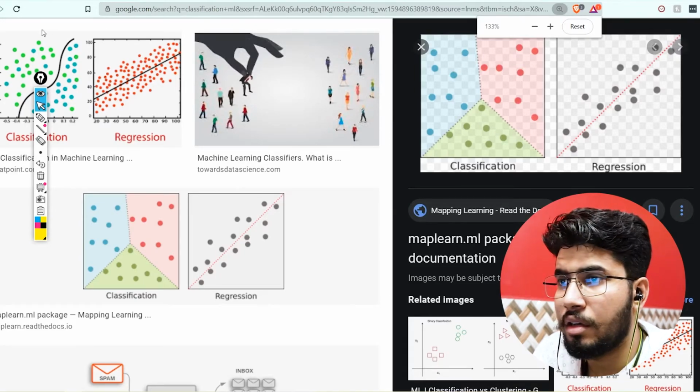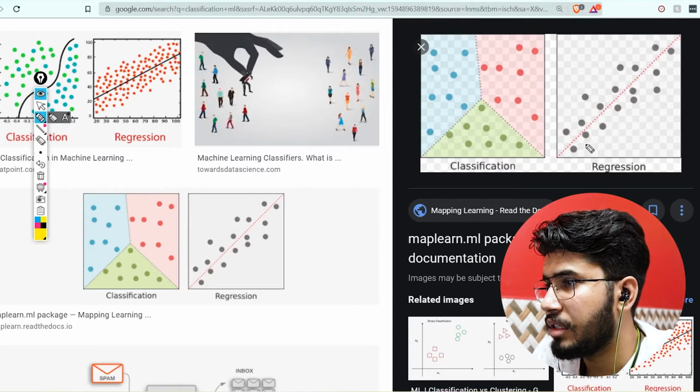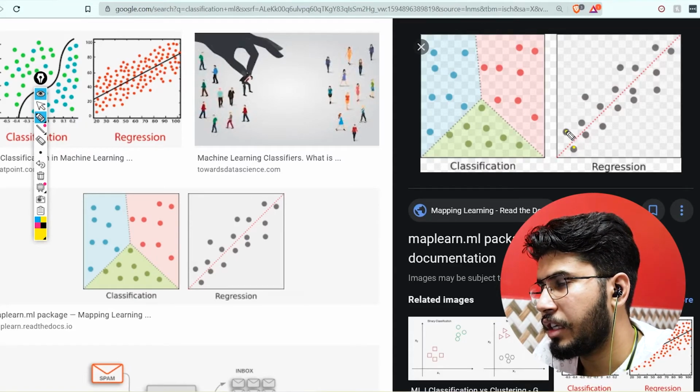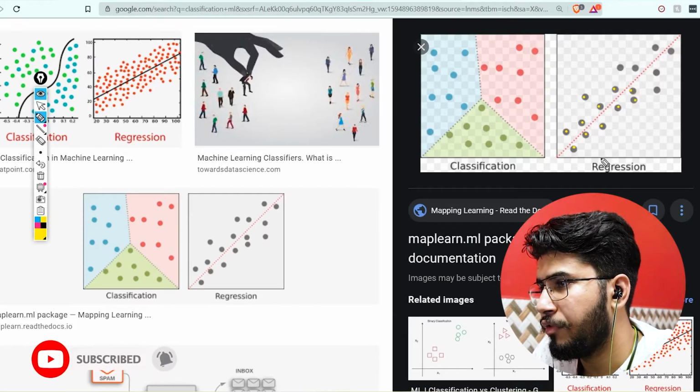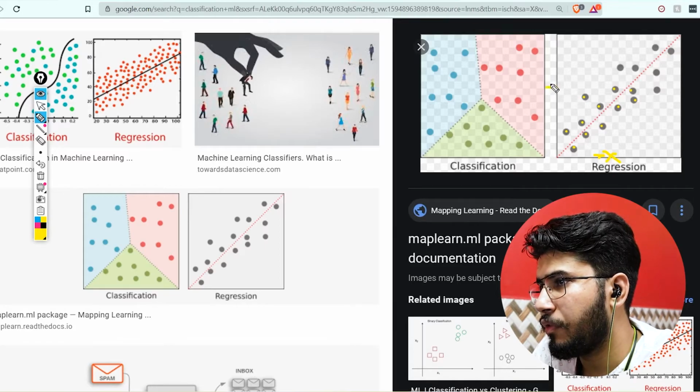And regression is, what you are showing in regression is this regression data, and in this regression data you do not want to classify them in any way. What you want to do is give an input, which is going to be this x parameter, and you want an output y.